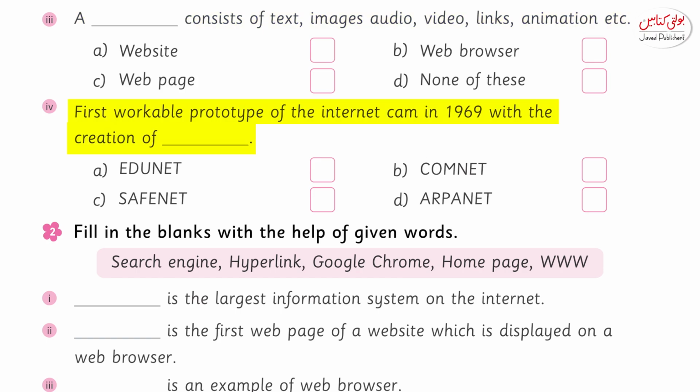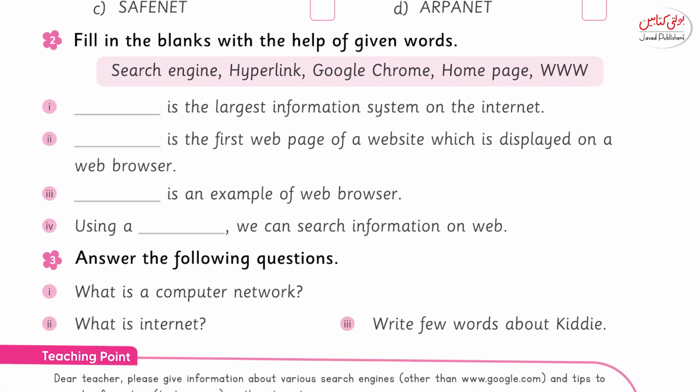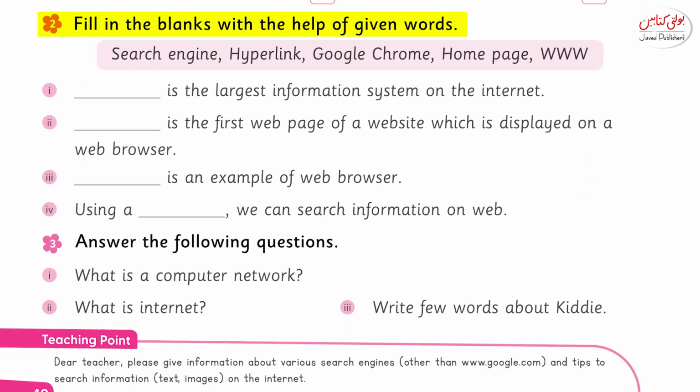First workable prototype of the internet came in 1969 with the creation of dash. Option A, EDUnet, COMnet, SafeNet, or ARPANET. The right option is option D, ARPANET. Question number 2. Fill in the blanks with the help of given words, and the given words are search